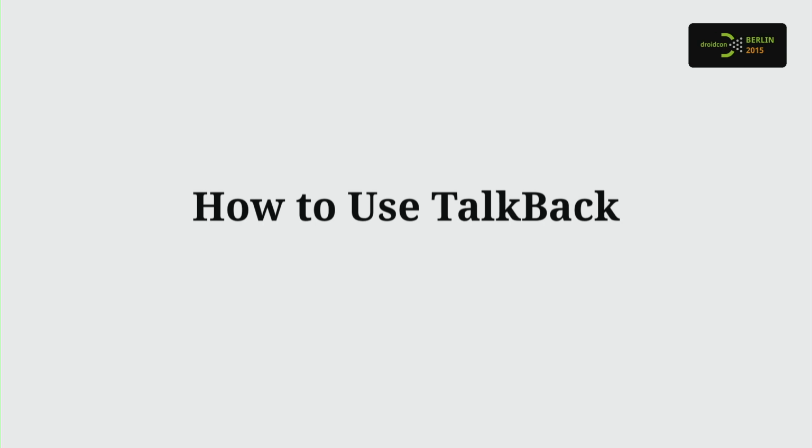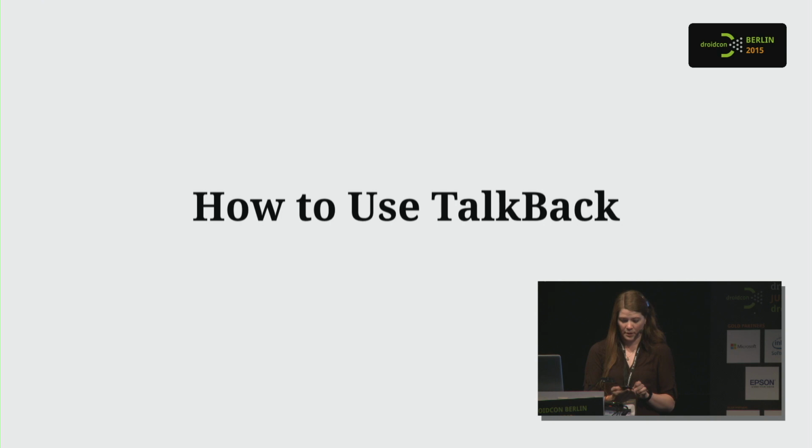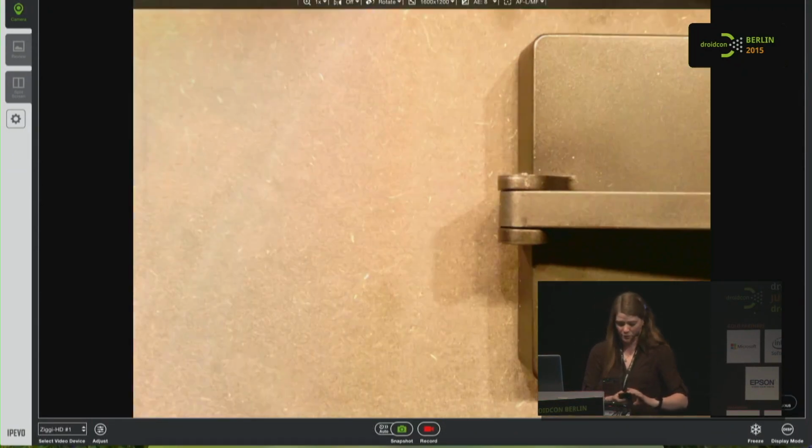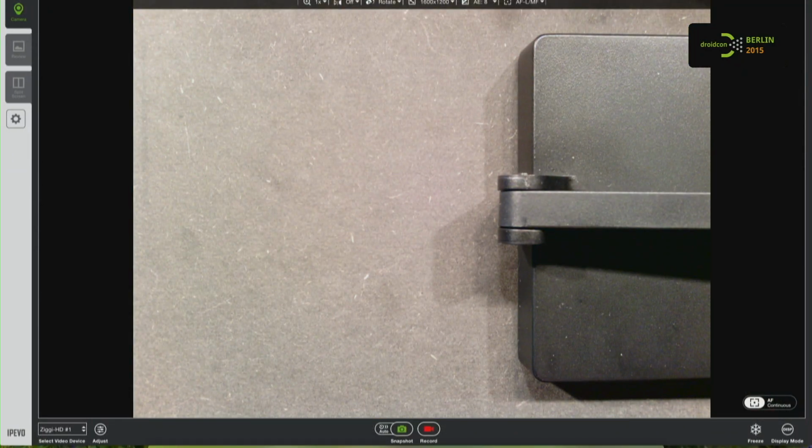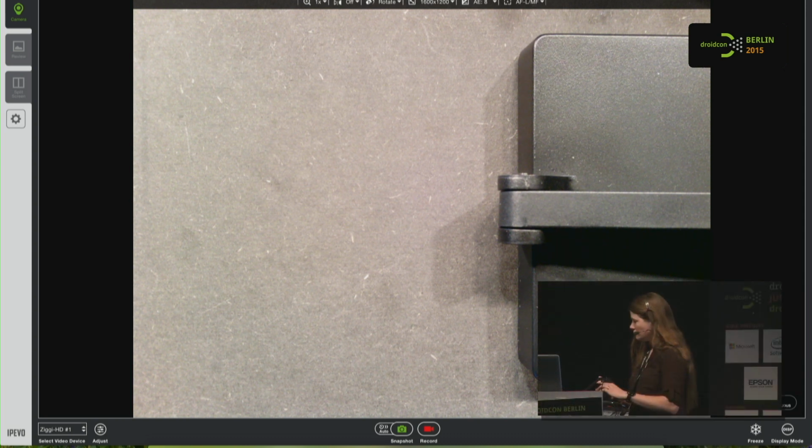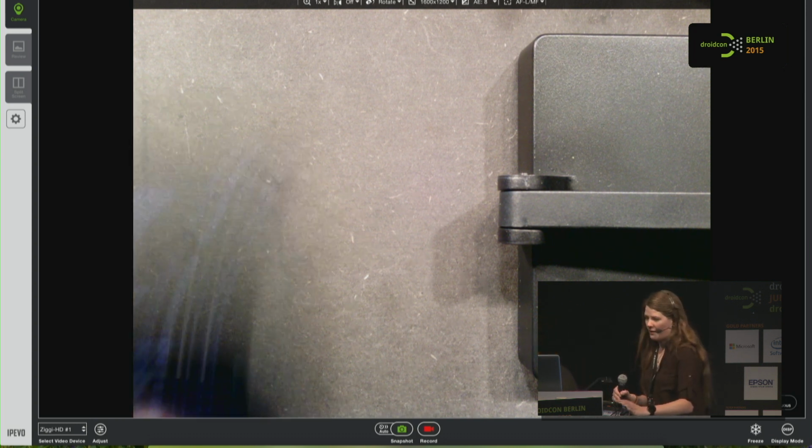All right, so I'm going to turn Talkback on my phone. Turn the volume up here. Actually, let's see. Is there a way to get audio support for my phone? Max? I could just hold the microphone next to it if that's all right. Great, thank you so much. All right, so